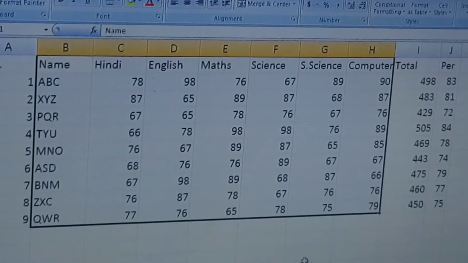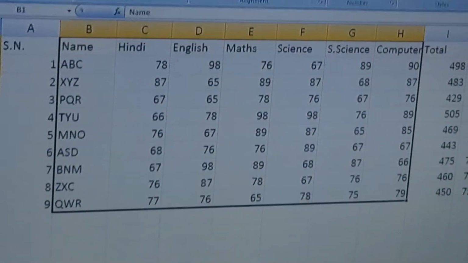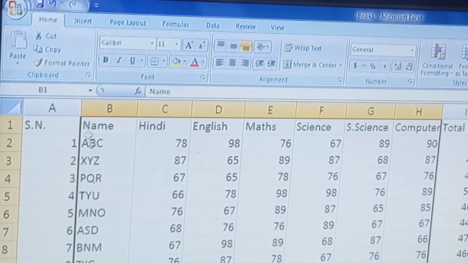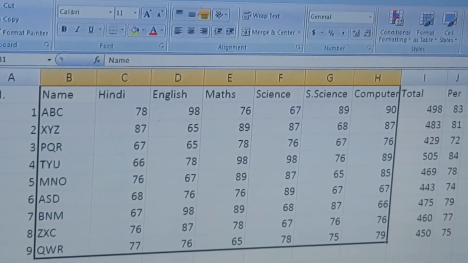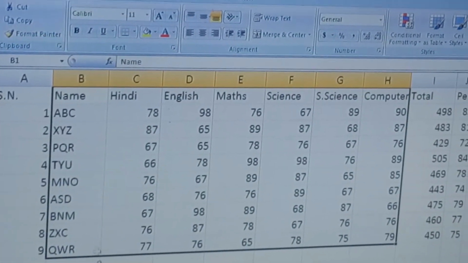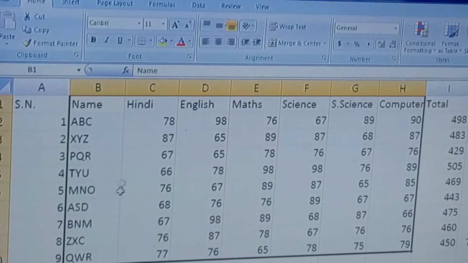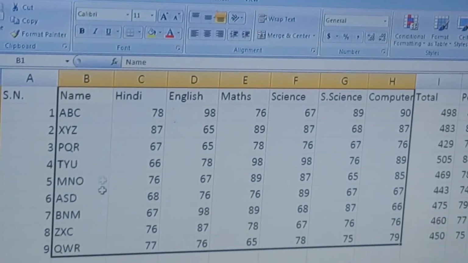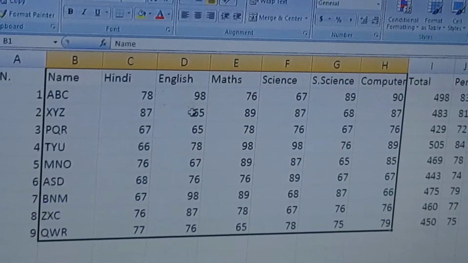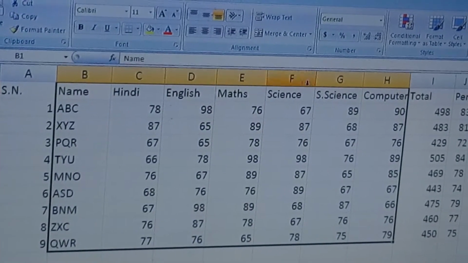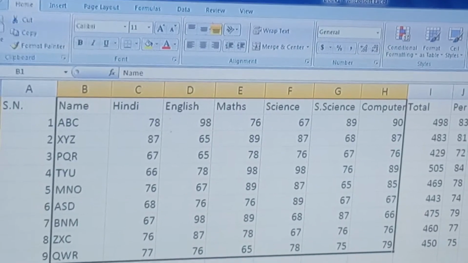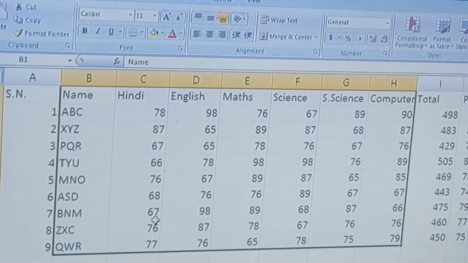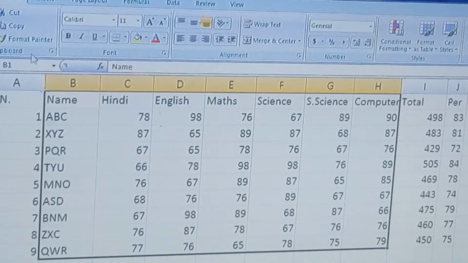Now see how you can create the chart. Number 1, select the data series. The series starts from B1 to H10. It is a combination of B1 to B10, C1 to C10, similarly D1 and so on, up to H1 to H10. These are the data series. On the basis of it, a chart can be created.